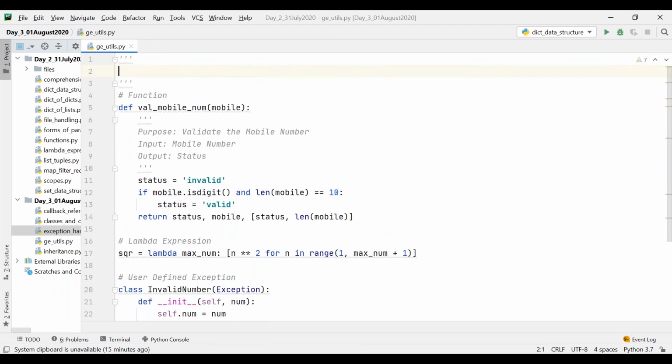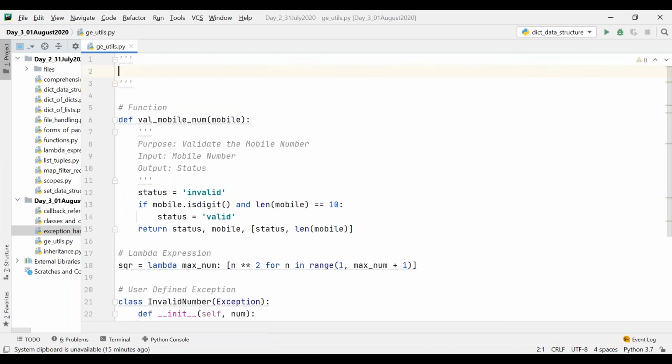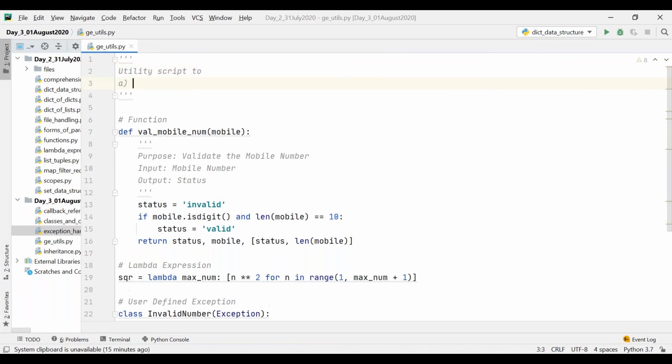I can just write the documentation like: utility script that contains the function to validate the mobile number.